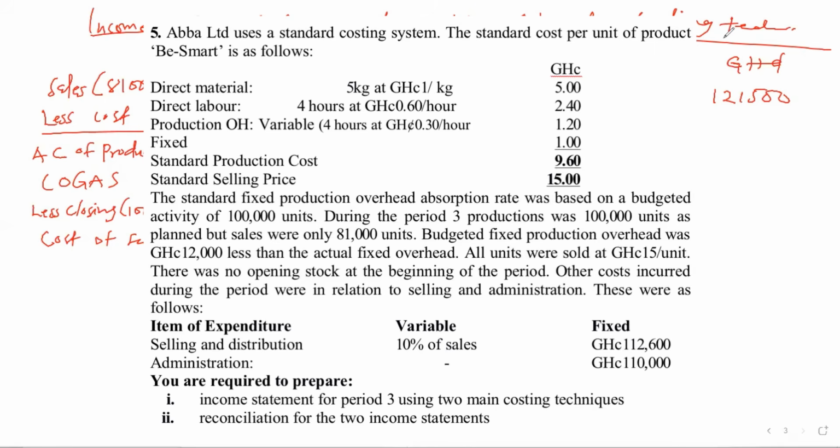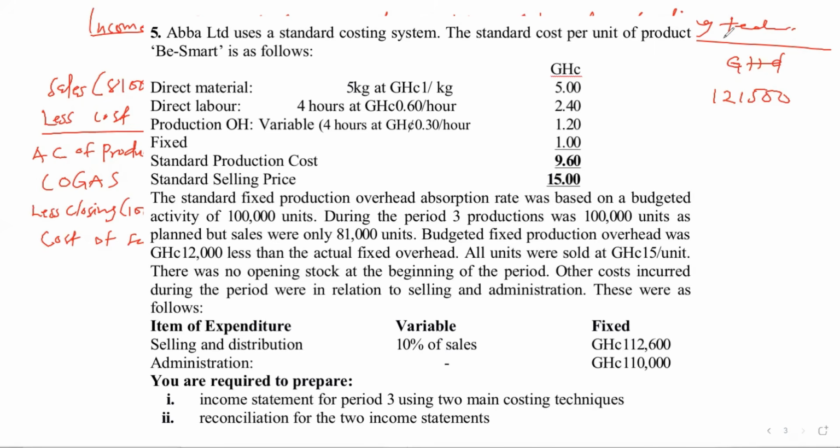When you are smart enough, you could see that the question is even telling you that the budgeted is less. The less should tell you that it is under. If the question is saying more, then it means it is over. So since the question is saying the budgeted is less than the actual, then it means it is